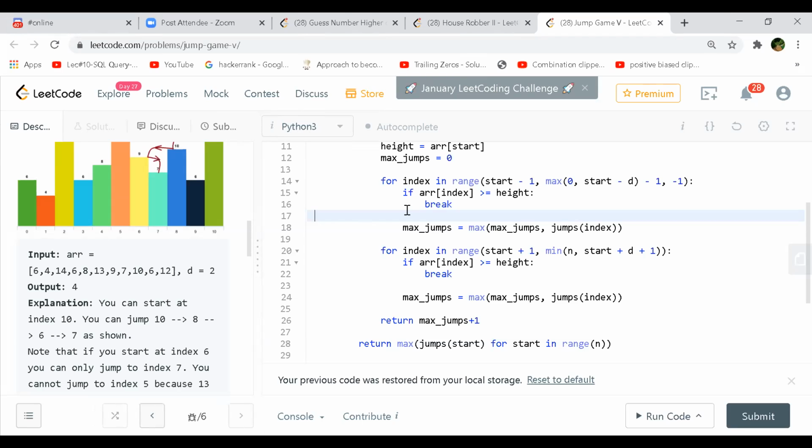Praveen is busy. Okay, no problem. I think this is at least we are able to follow. Correct. Any questions on that? Anyone? No. Okay. So now let's go to the monotonic stack solution.